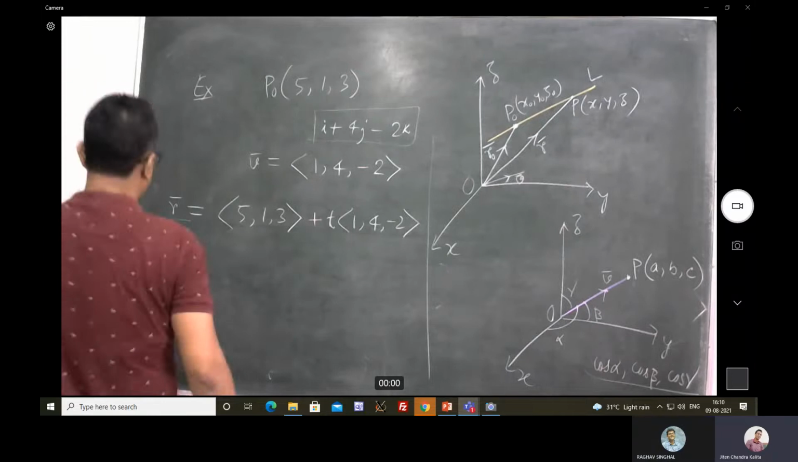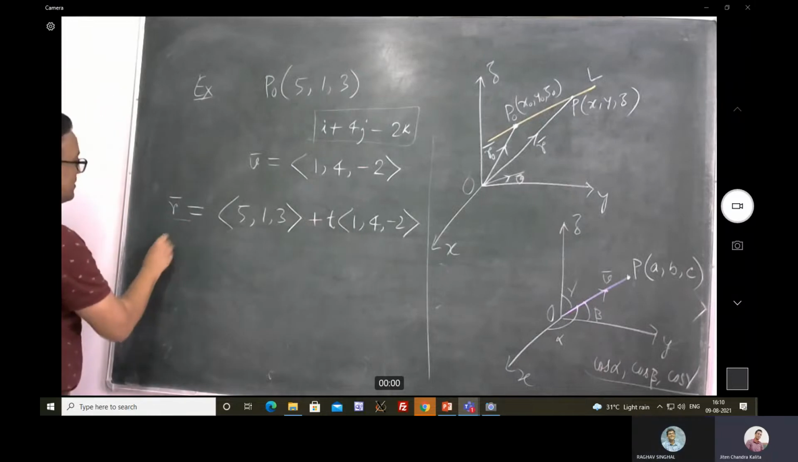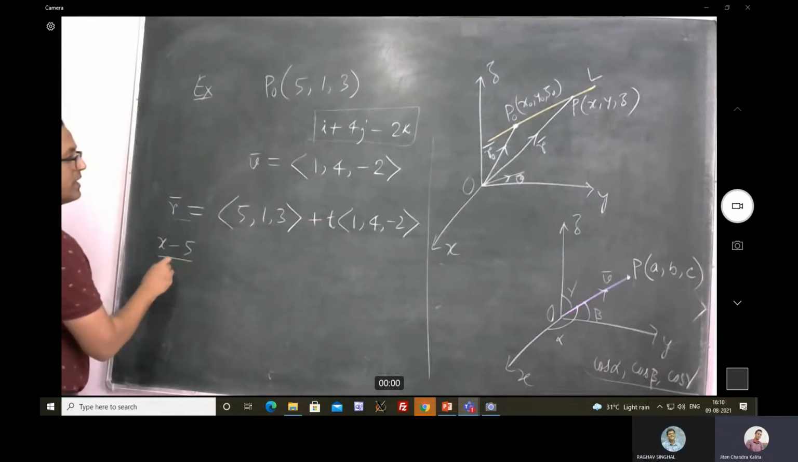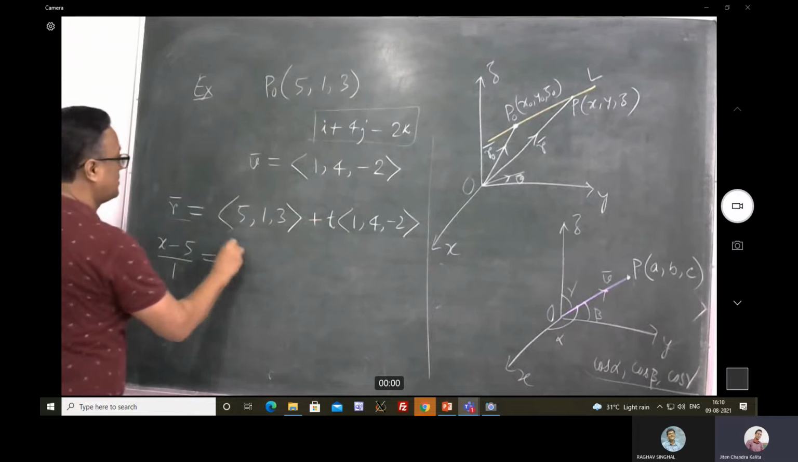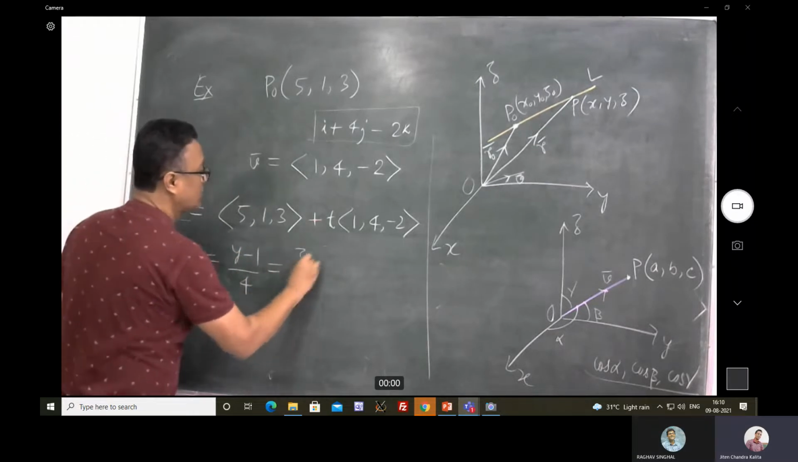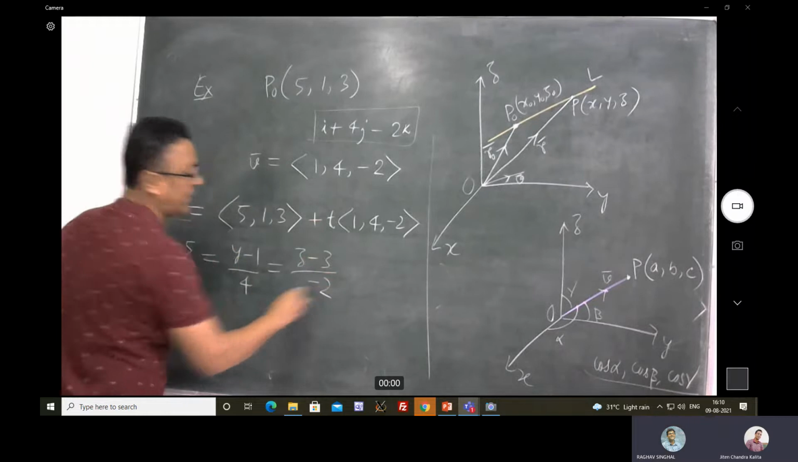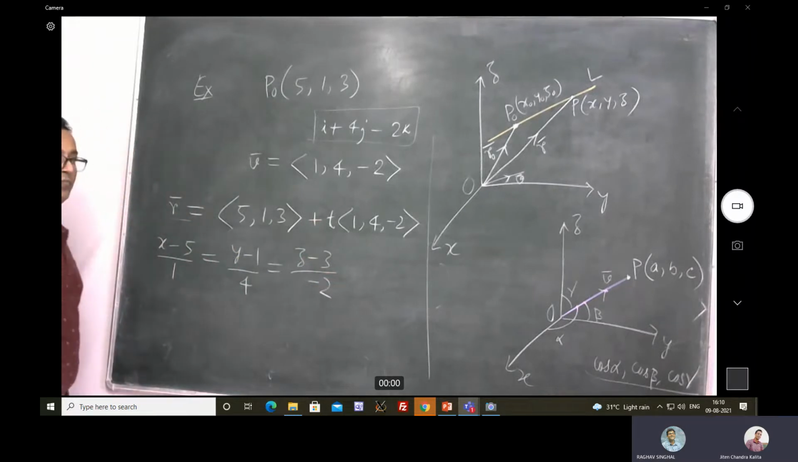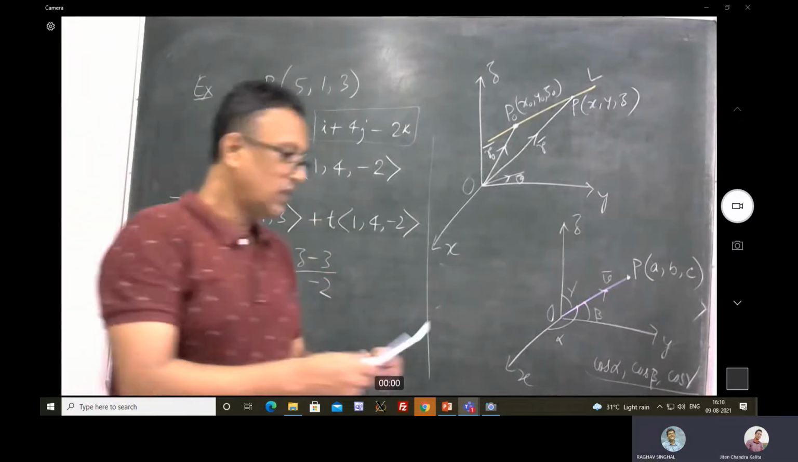R has the components x, y, and z. So that is why it is going to be (x minus 5)/1 equal to (y minus 1)/4 equal to (z minus 3)/minus 2. Okay. So now,